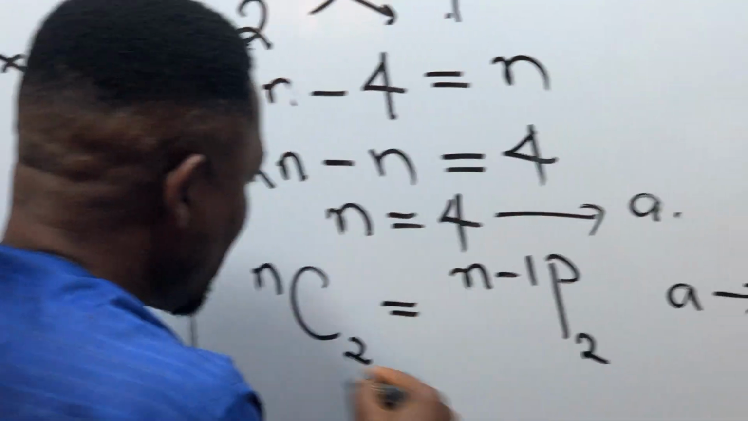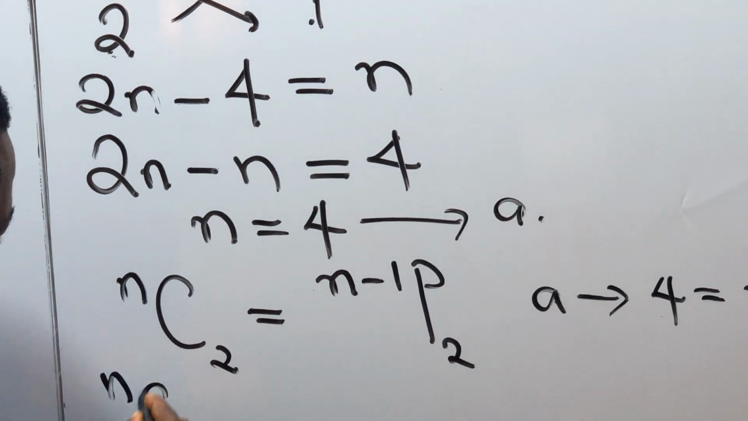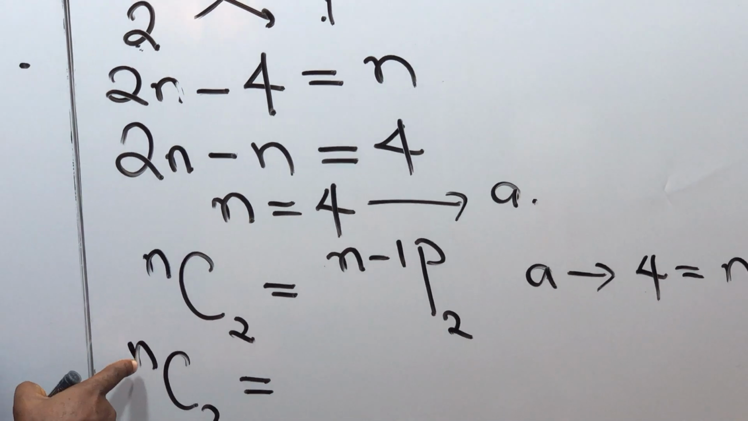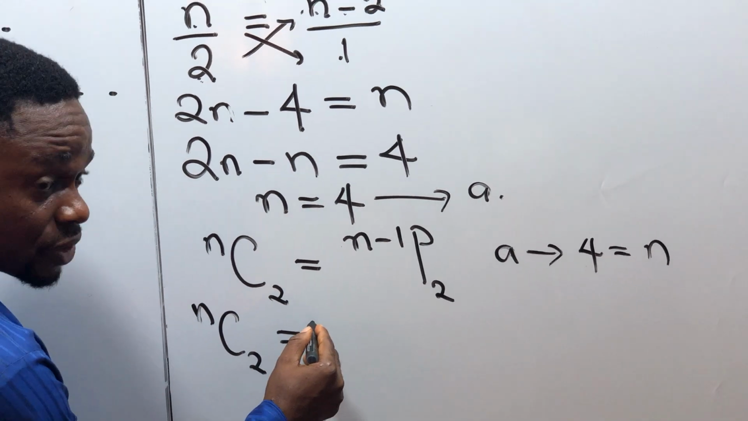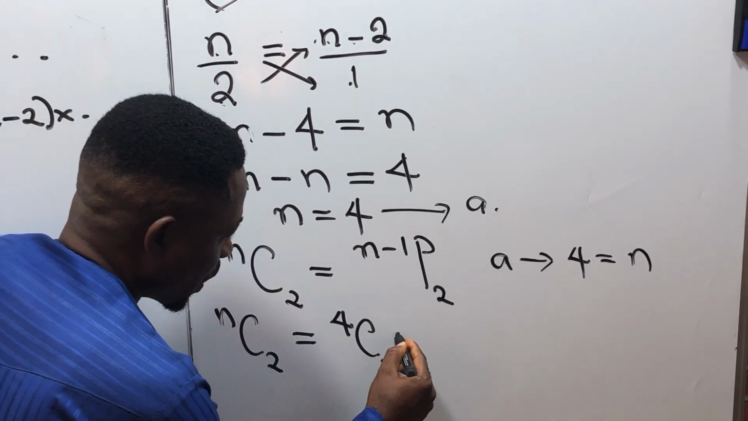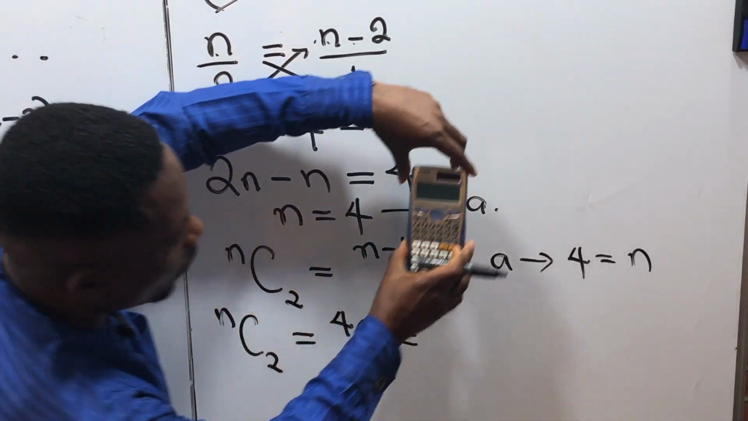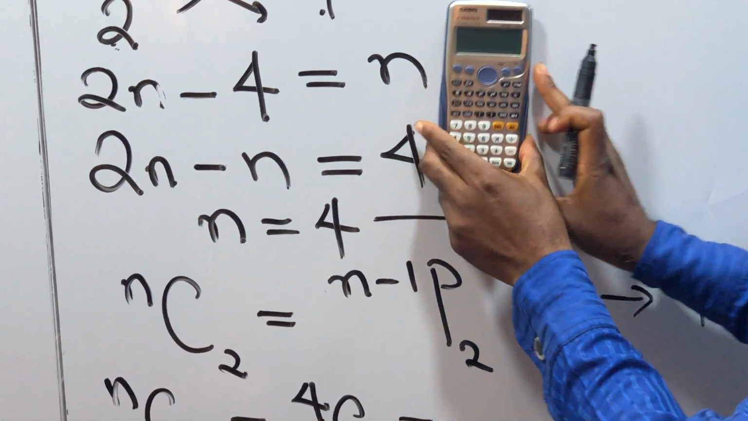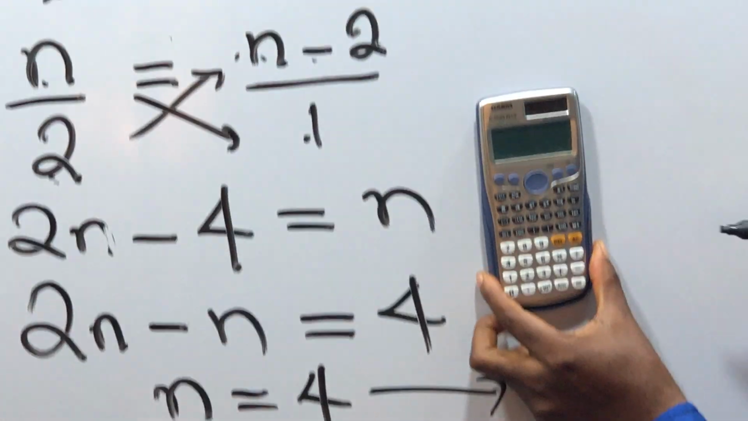Are you there? Now let me try n combination 2. Oh yeah, watch. What is the value of n? We are trying the trial by error method now. n is 4, then combination 2. Oh yeah, let me punch my calculator. I want you to look at this calculator very well. Are you seeing it very well? Okay, this is Casio